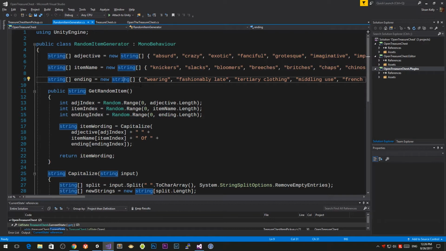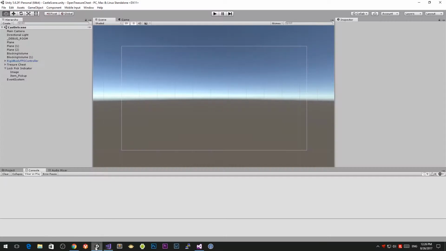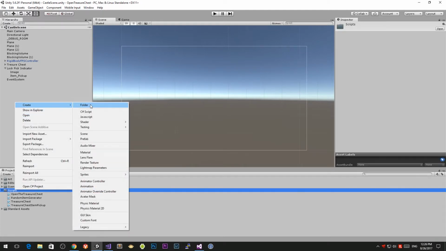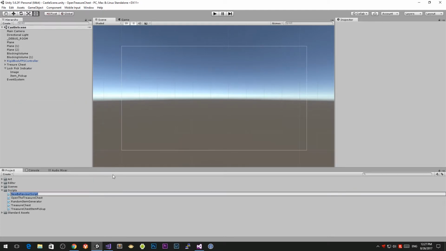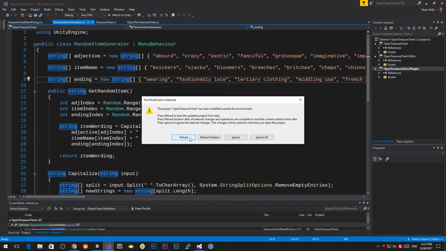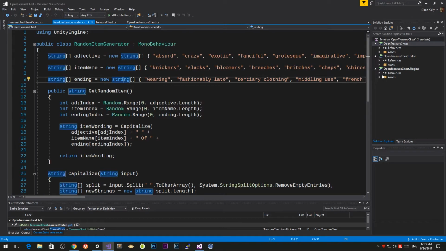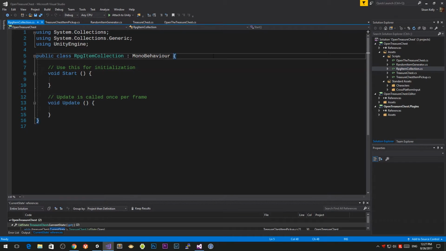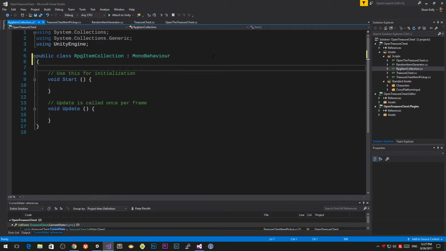So I'm going to create another class. Where's my class? So here's my scripts in here, and I'm going to create another script here called item RPG item collection. So RPG item collection, and I'm going to go back to here, and I'm going to reload that, and I am going to end up with RPG item collection. Now my RPG item collection is going to be a base class,